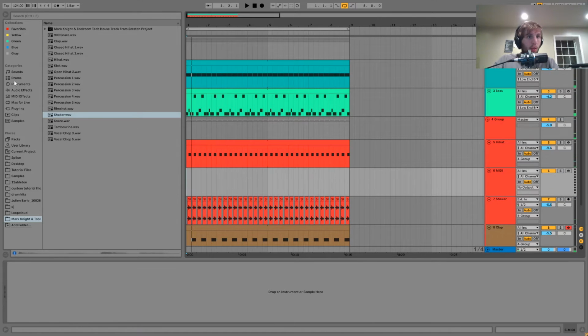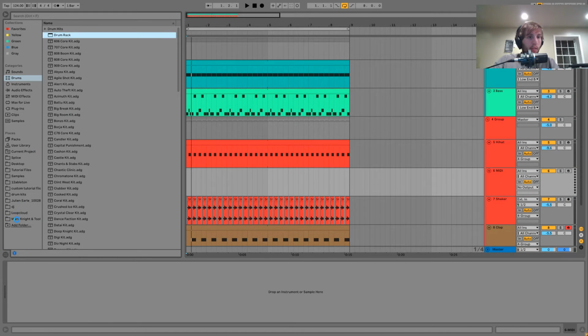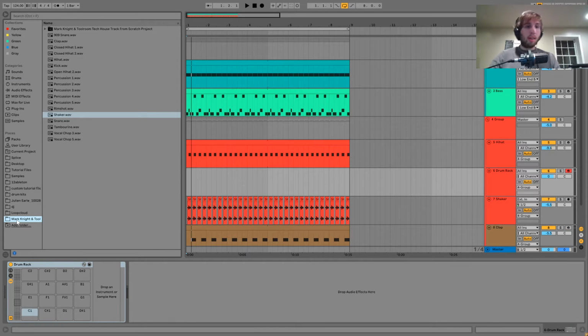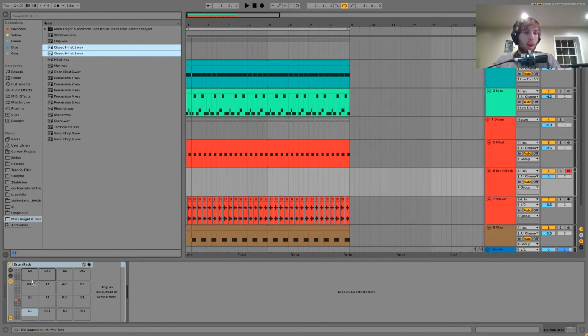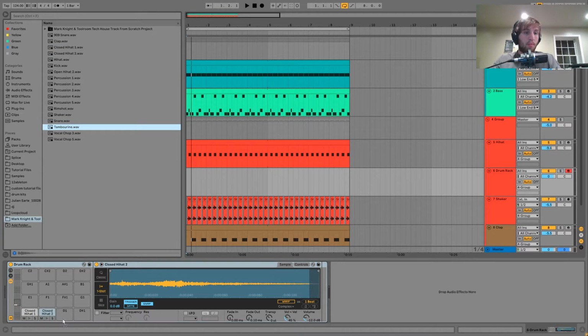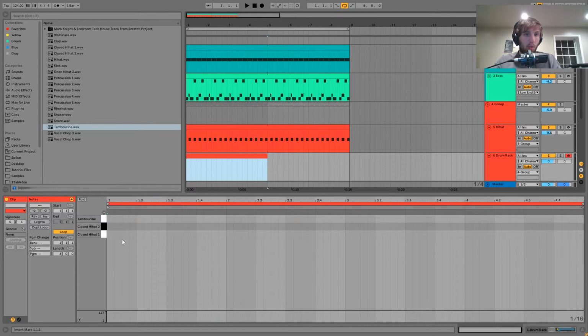And then what I'm also going to do is get a drum rack, and I have some other hi-hats here. Like, we have these closed hi-hats, those two. And then we also have this tambourine. And I'm just going to put those into the drum rack. And then we're going to just add these in the groove in different places. Like maybe